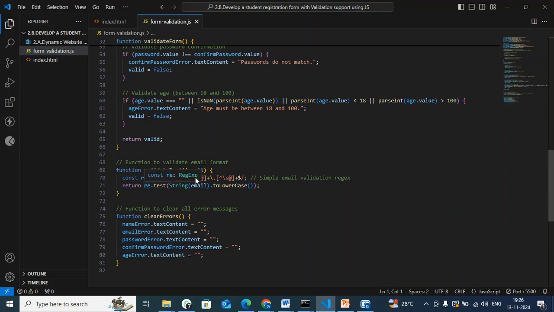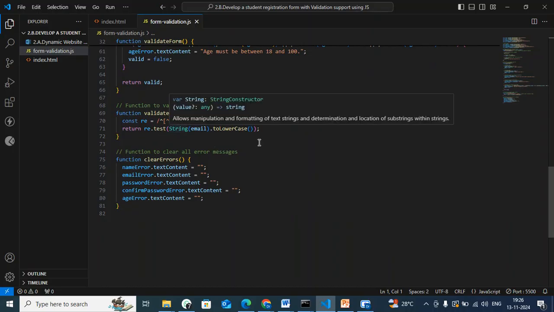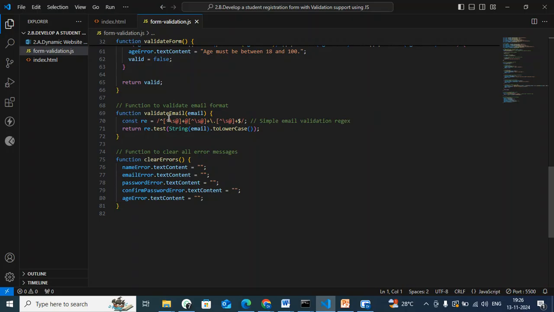Now how are we going to validate the email? What is the general format of an email? It will take string values, and it has to contain the at-the-rate symbol, then a dot and some string value, com.